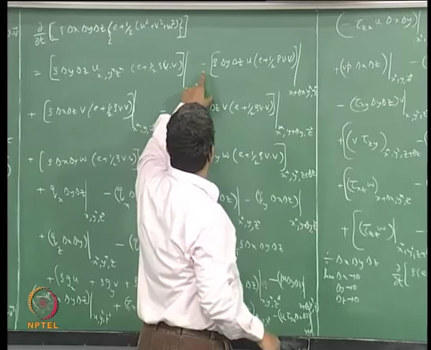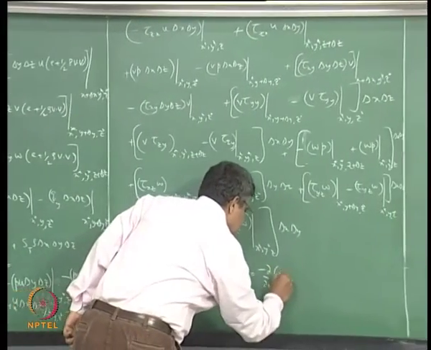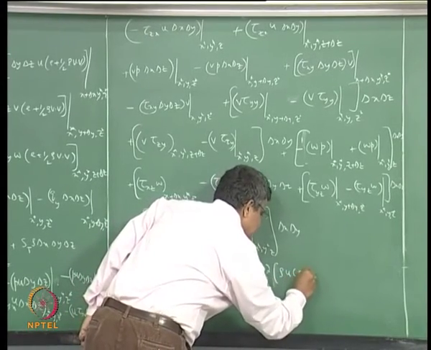So we can write that as minus dou by dou x of rho u times E plus half